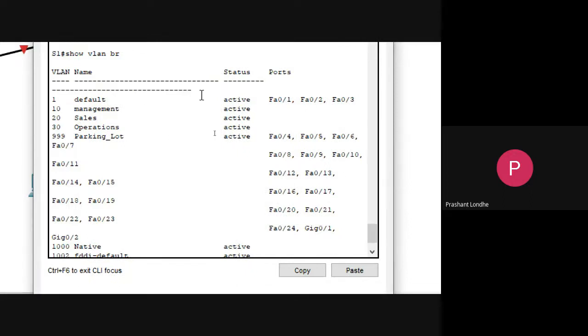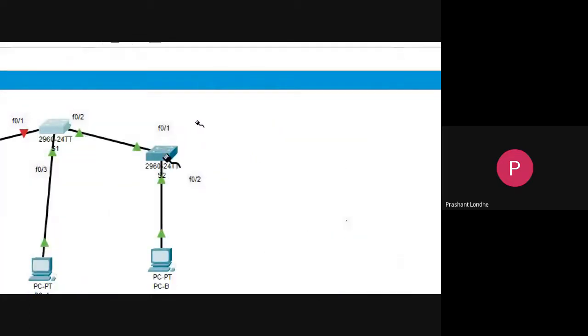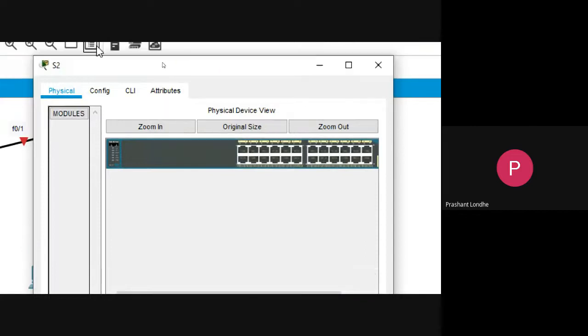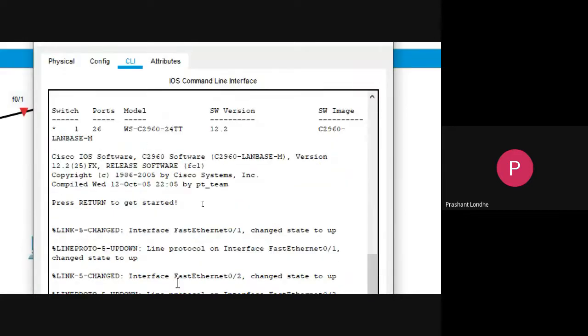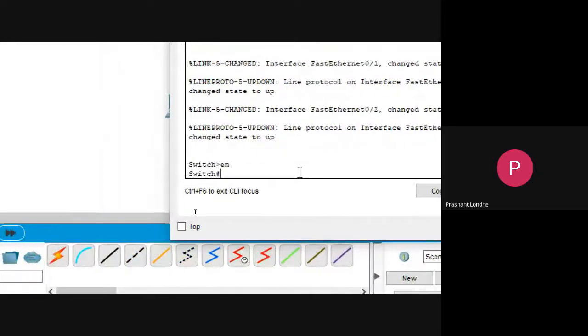Now we are supposed to go to switch 2, and we need to create all the VLANs over here. So open switch 2, go to the CLI and do the same thing that we have done for switch 1.